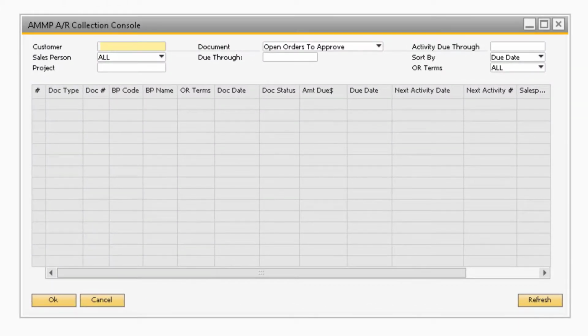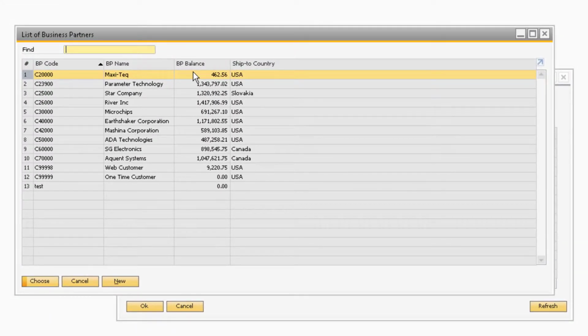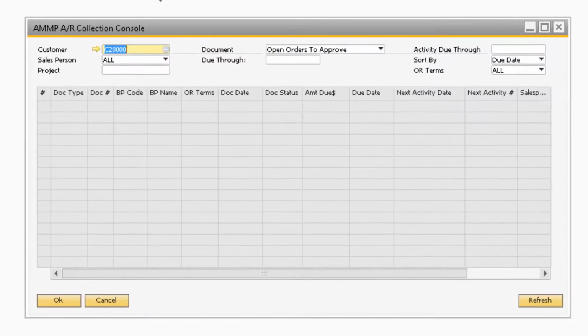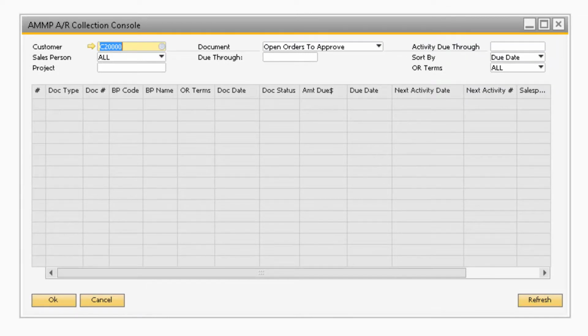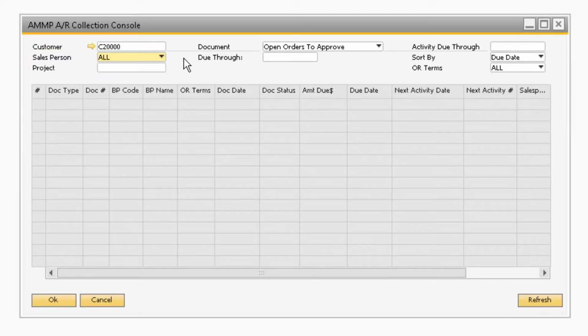Let's begin by going over the fields in the header portion of the screen. The first header field is the customer field. You can select a specific customer in this field to display the results only for that customer. Below that, in the salesperson field, you can select from the drop-down a specific salesperson to view all the results for. The project field will allow you to narrow the results down to all the documents that are attached to